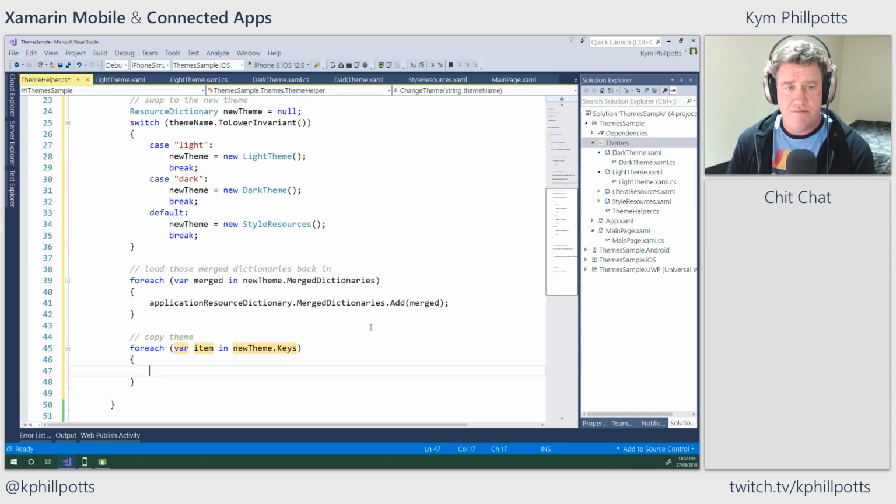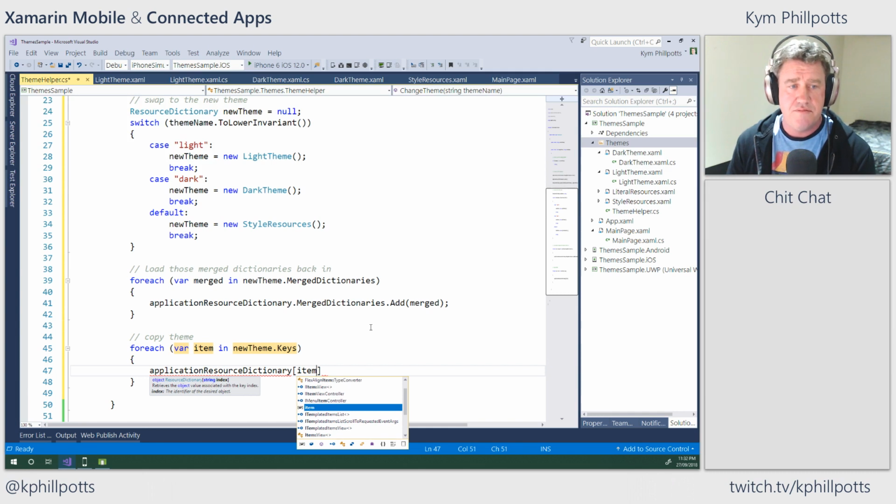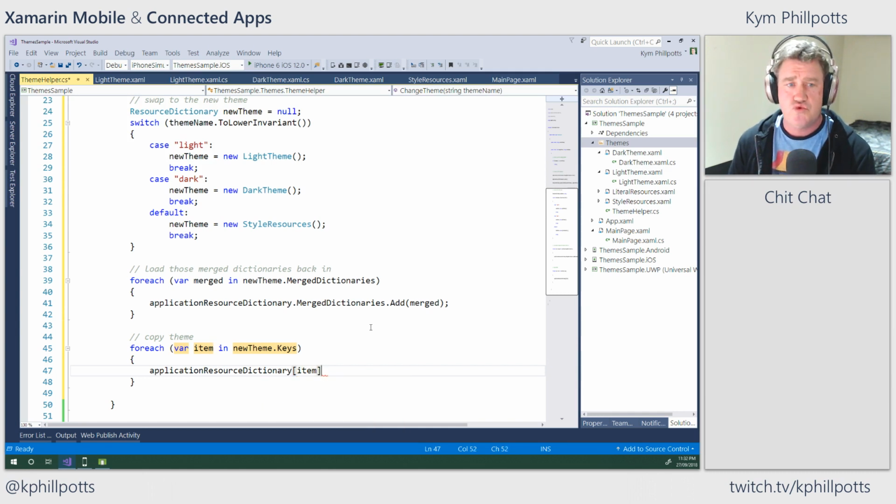And then we'll override these values. So we'll say application resource dictionary, item equals our new theme element. So we just copy them in. Let's see if that works. All right. And then